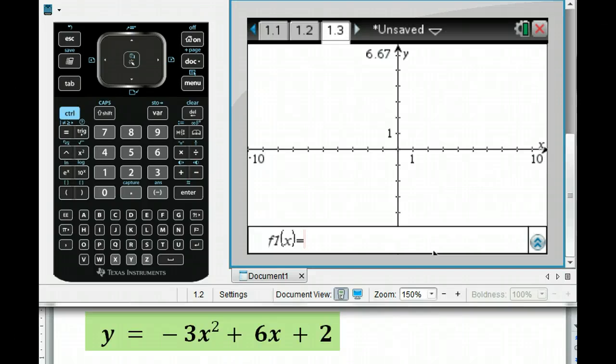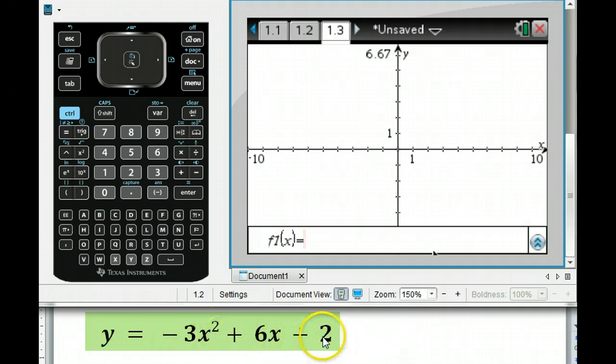Right now we're going to be looking at trying to graph this equation. I've got it down here, the one in green. We're going to graph that equation and we're going to try to find the vertex of it. And this is using the TI-Nspire, so this only works for the Nspire, but here's our equation down here,